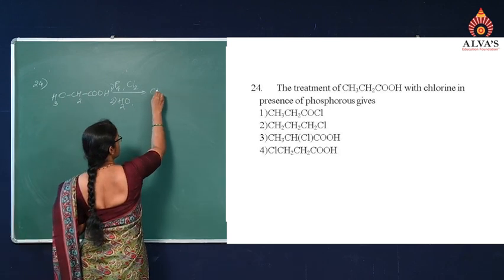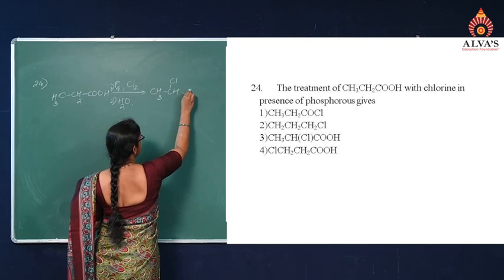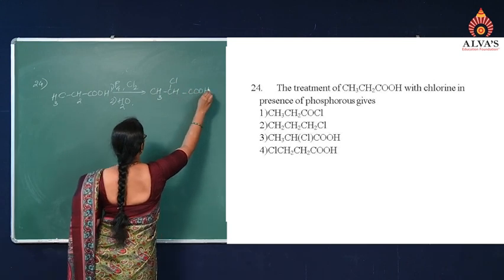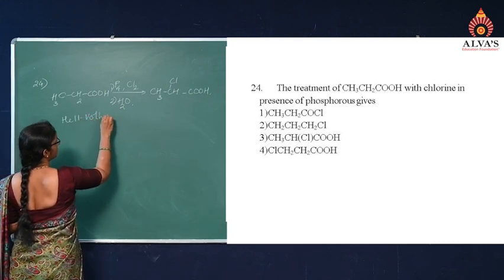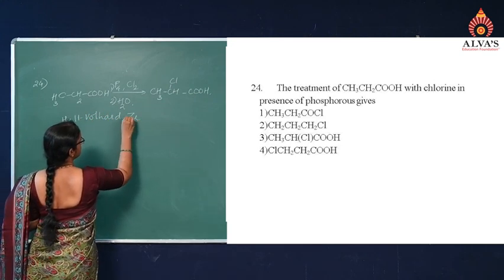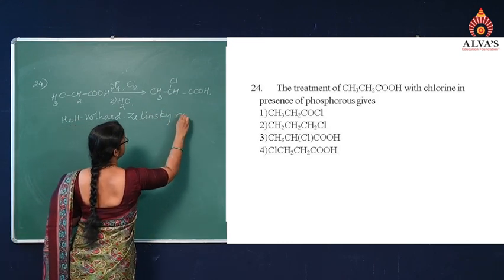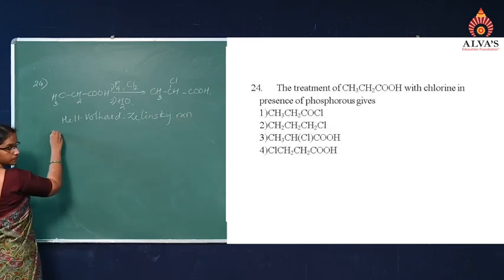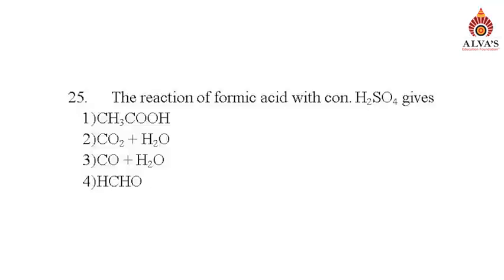The resulting compound will be CH3, CH, Cl, COOH. This is Hell-Volhard-Zelinsky reaction. So answer is option 2. Question number